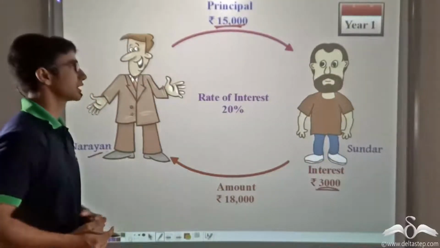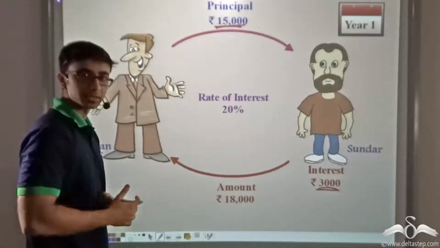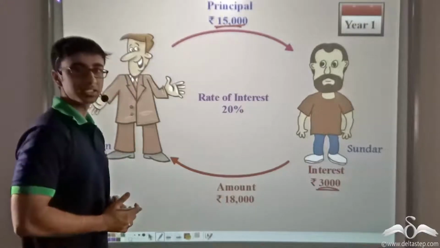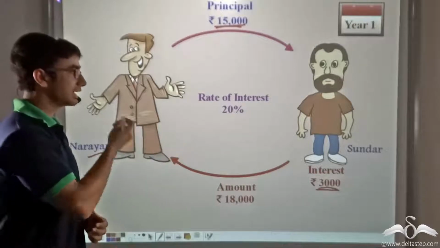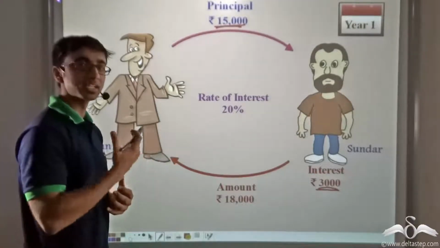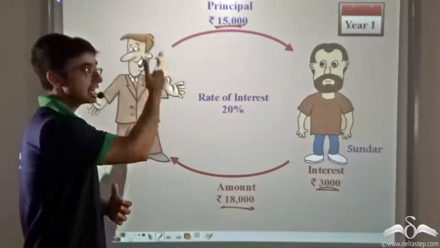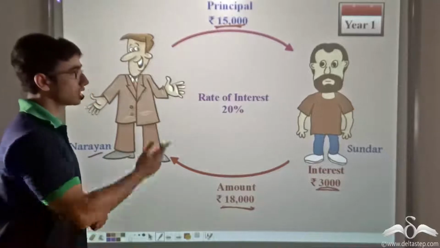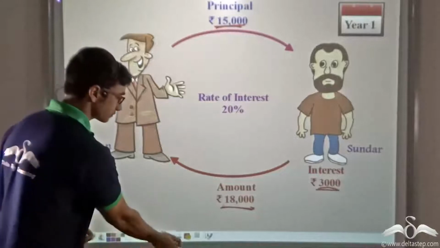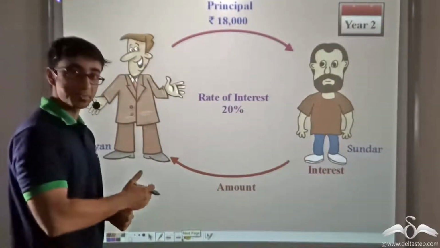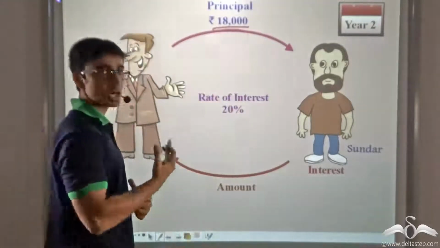to Narayan. Now Sundar faced a slight difficulty while paying the money back. Now once he had paid back the money, he landed into another trouble that same day. So Sundar again came to Narayan saying that he had faced some difficulty again, and he wants this rupees 18,000 for Narayan to lend him again. So now he borrows rupees 18,000 instead of 15,000, because on the same day that he returned 18,000, he needed that 18,000 for some other work.